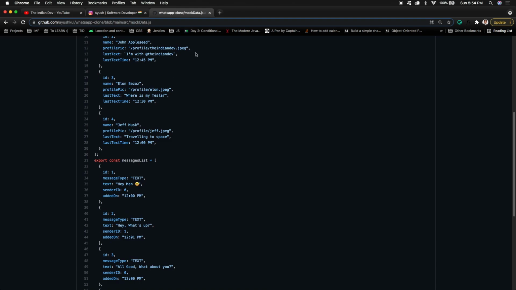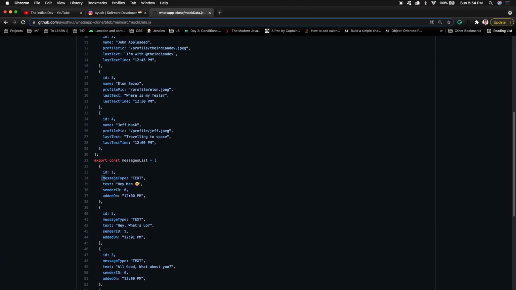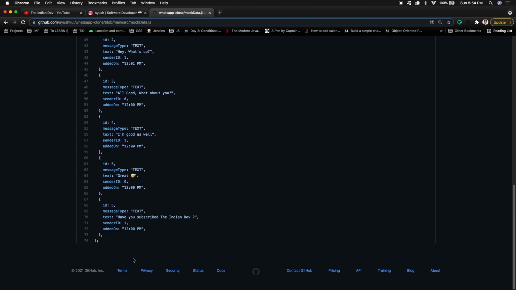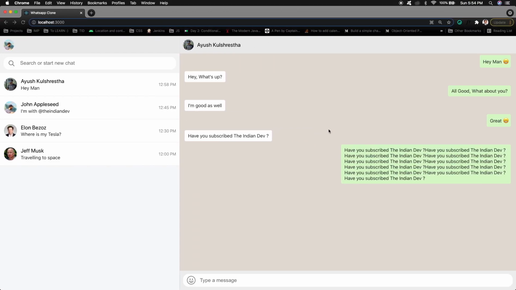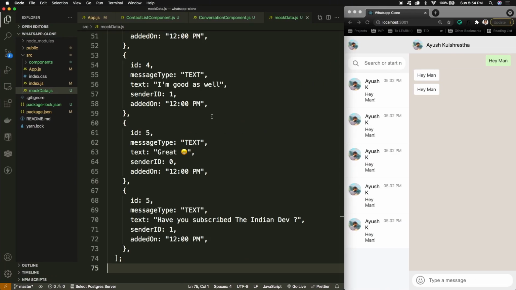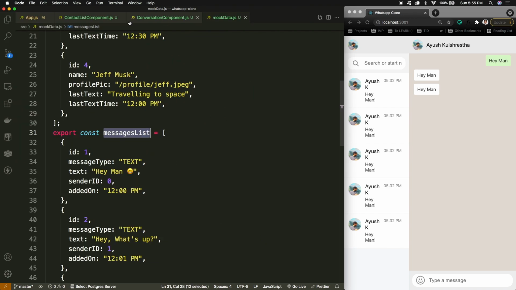Similarly for the messages, we are having the message ID, message type, that is obviously text, the text of the message, sender ID, and the added on time. So I can simply copy this mock data into our mock file in the project, and we can use these for the dynamic data behavior.